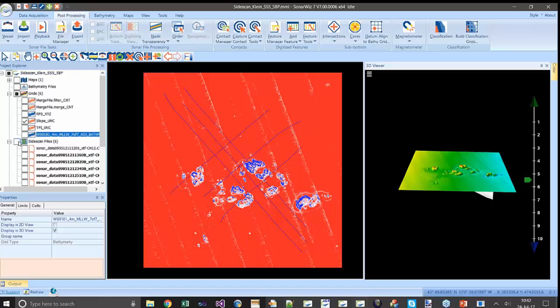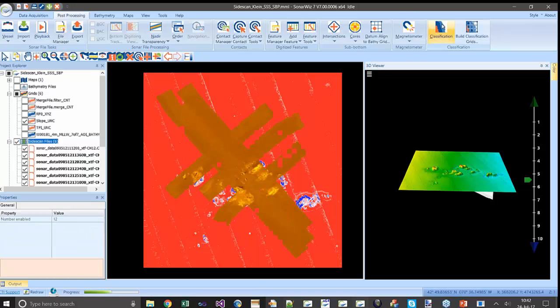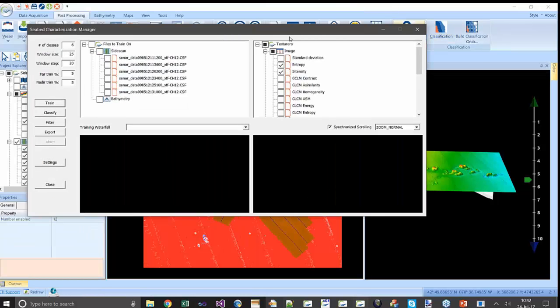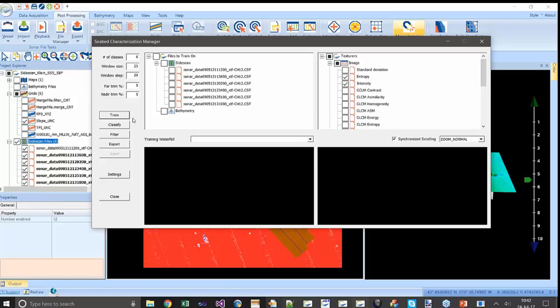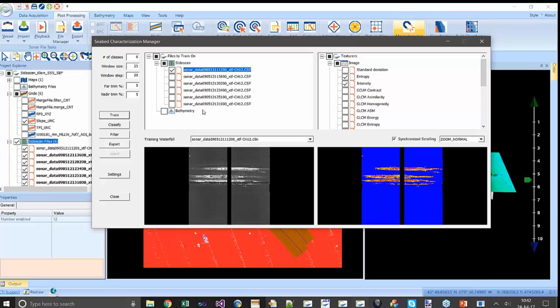So if we turn our side scan files back on and go to Seabed characterization, this is the new interface for the Seabed characterization tool. The first thing you do in the left-hand window is select the file that you want to characterize. There's a training step, where we go through a characteristic file and try to find basically all the patches of different sediment types that you expect to find. And then SonarWiz will build a